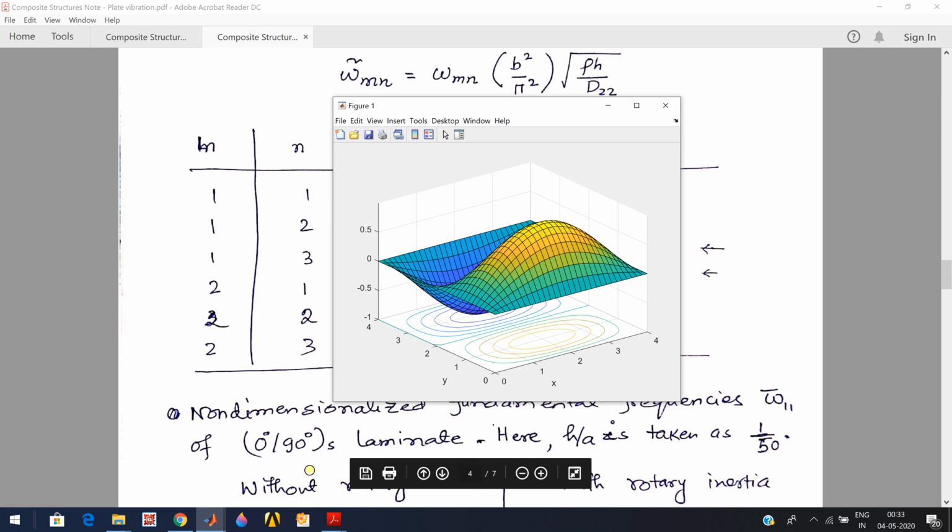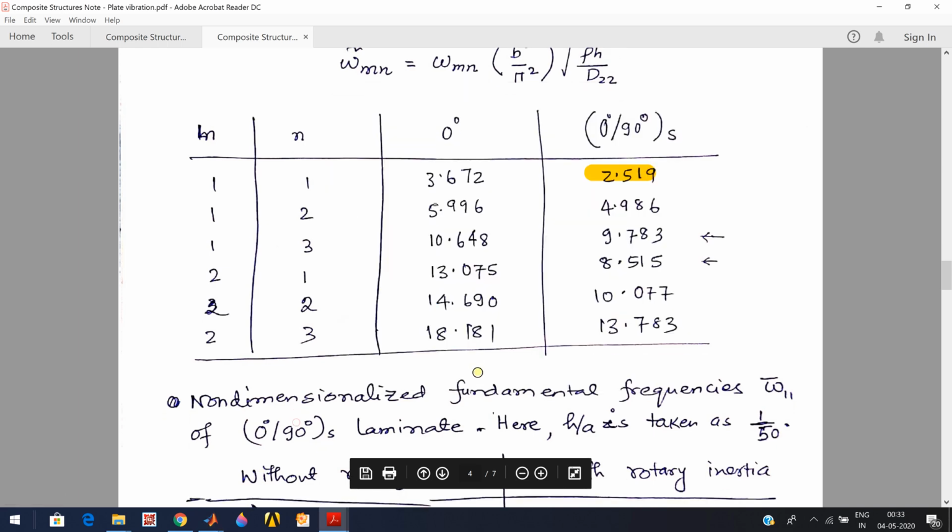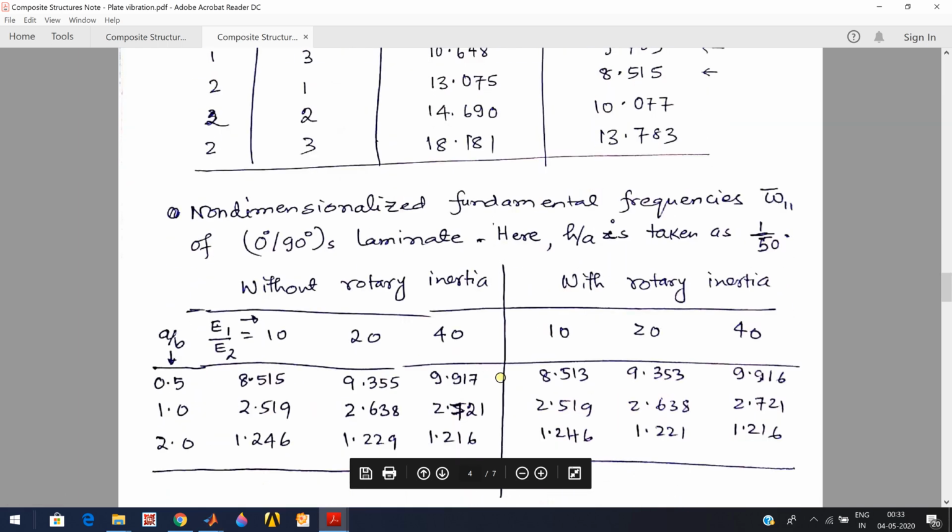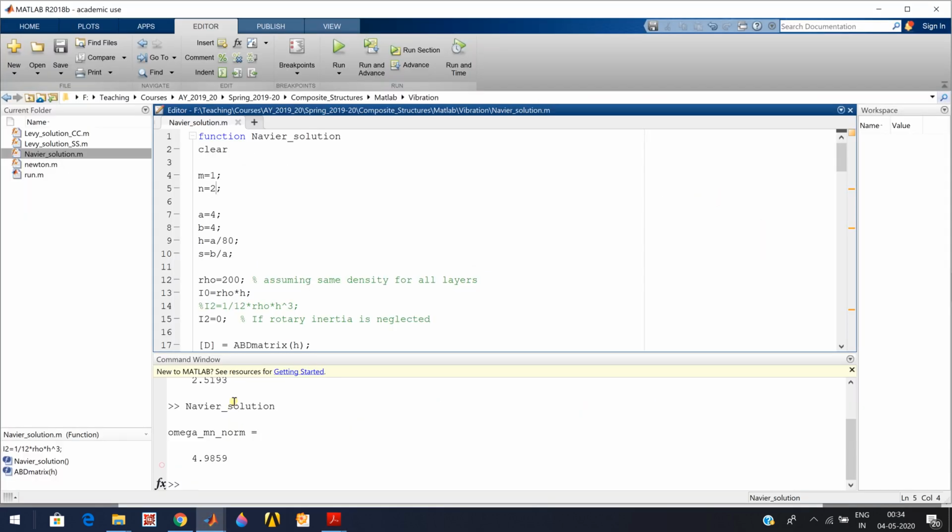Like that you can change and see the values you are getting. And for the second table you can also check, like E1 by E2 ratio 10. If I just make a by b 0.5, you will get this number. So that can also be seen here. Here b is higher, a is low, so a by b 0.5. If I run, I'm getting 10.077,